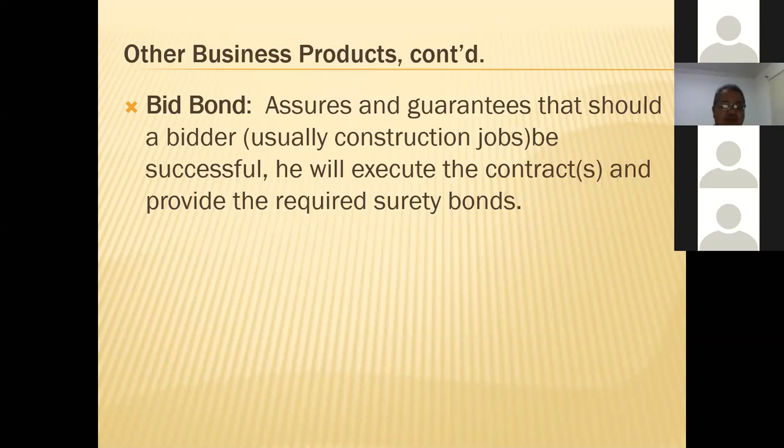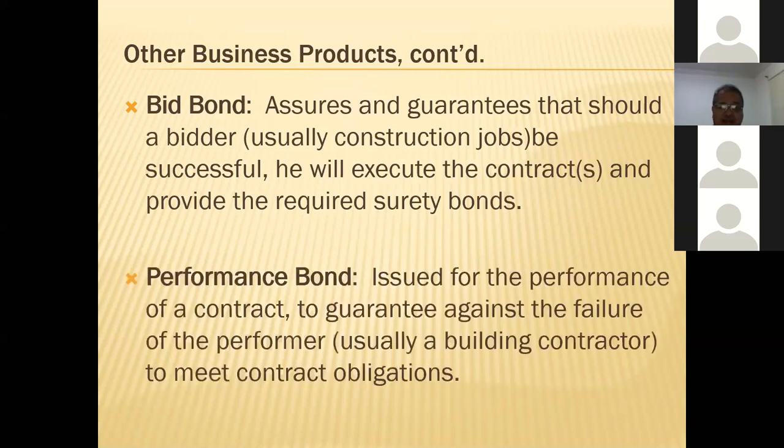After that is over, comes the performance side of it. And so the performance bond may be for the same amount, or may be for a greater amount. So the performance bond is issued for the performance of the contract. Okay, so the bid bond, I've gotten the contract. Now the performance bond is done for the